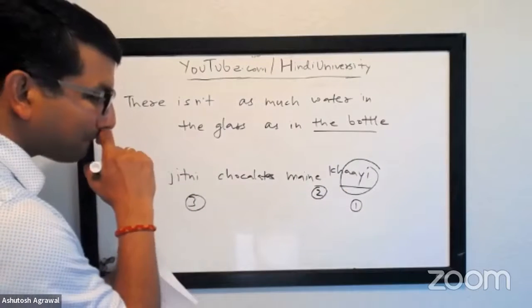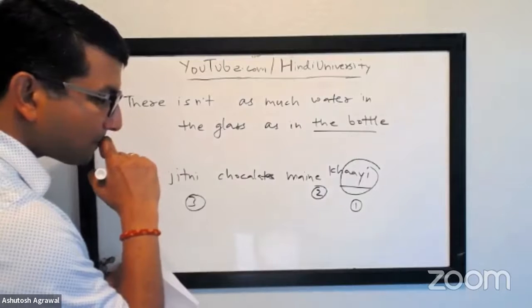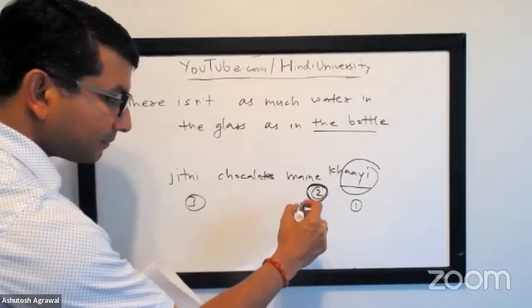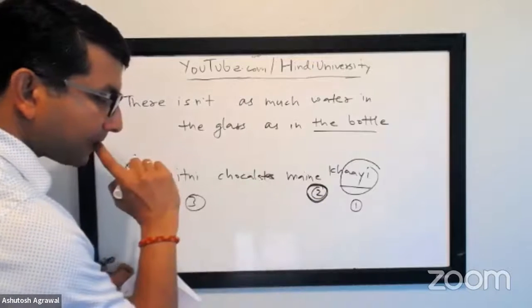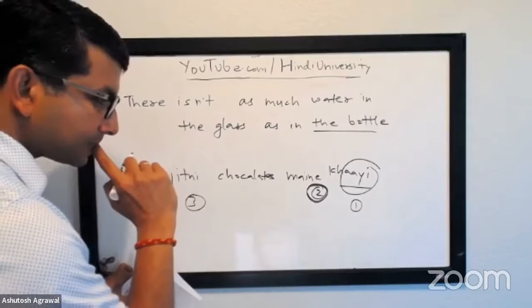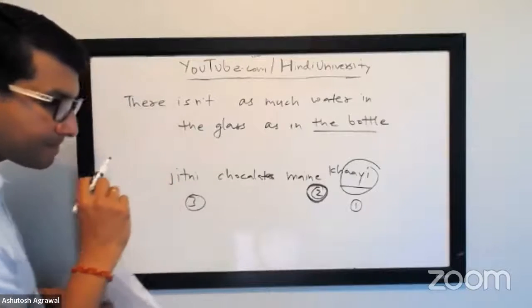I think yeah, the second one. So jitni chocolate mene versus jitni chocolate usne, I guess, or something like that. Like, sorry, so in English there's the I and the he. And how do you